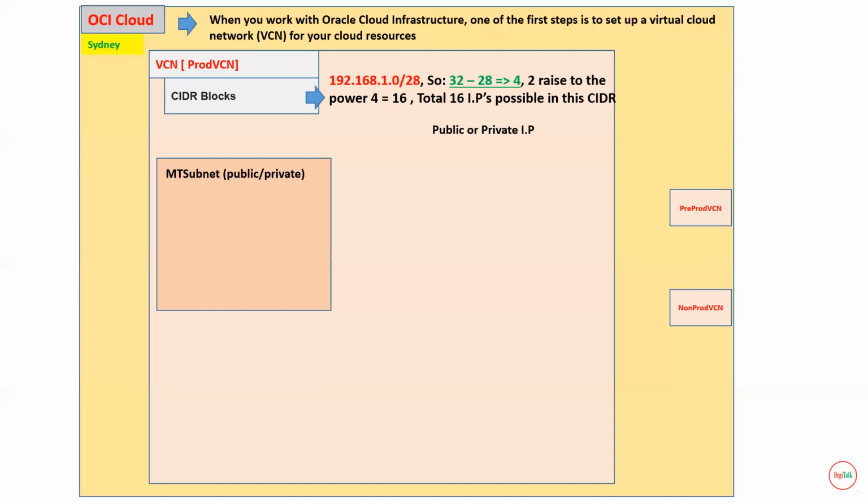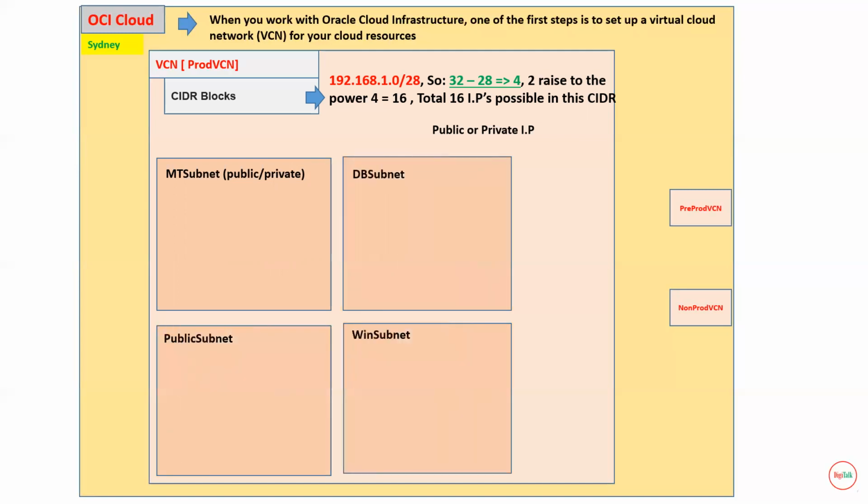So the first thing, you have to create a VCN. For the VCN, you have to define the CIDR blocks, and after that, you have to create a subnet, which is a grouping of resources. You can have n number of subnets inside a VCN. For example, you want a subnet only for the mid-tier, where you are running the middleware services and software, and then you need a separate subnet for your database,